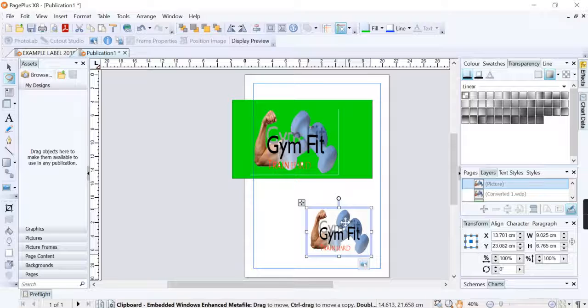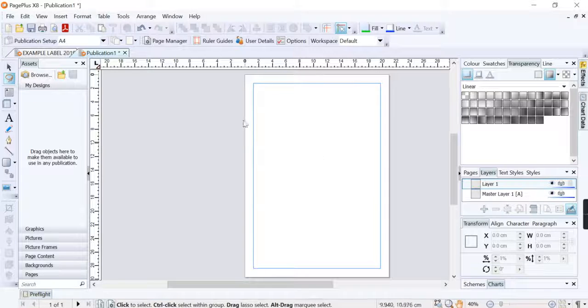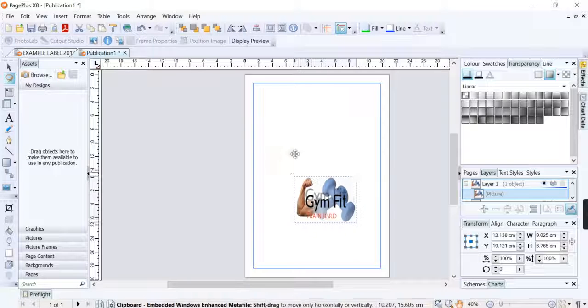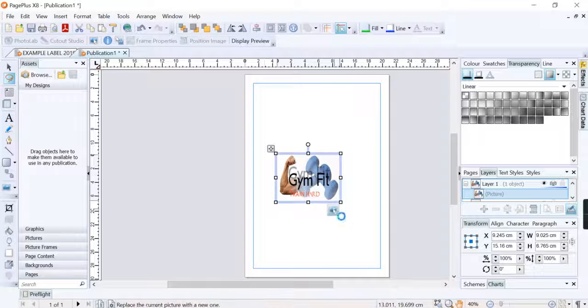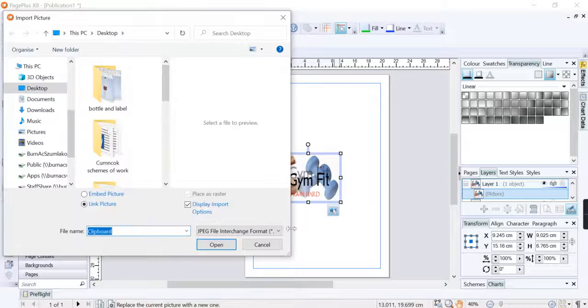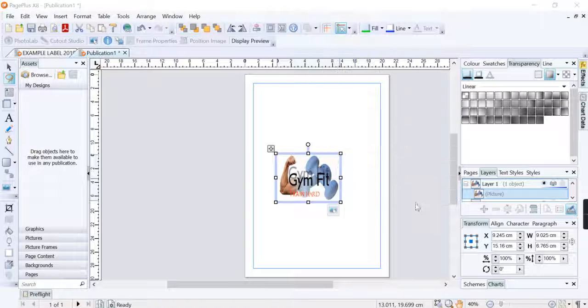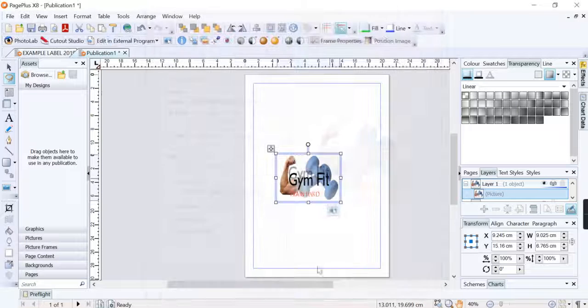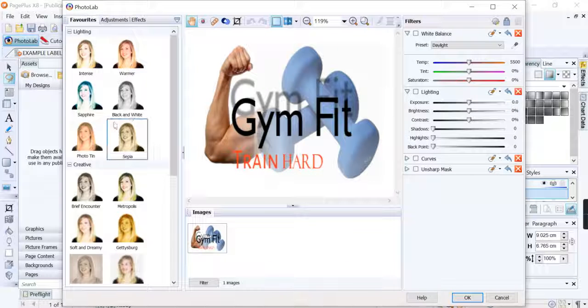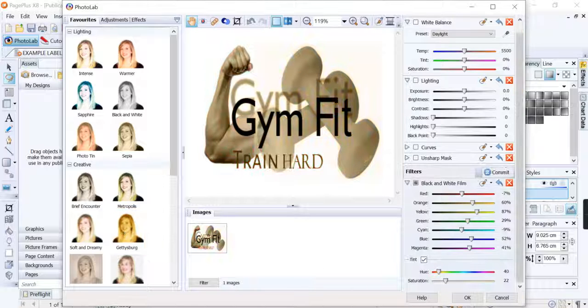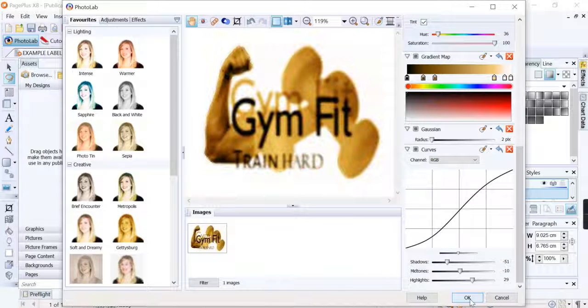The only last bit of information I could pass on is very simple, and that would be using the Photo Lab. Nothing special, just pre-made filters. Let's convert this one more time. Pre-made pictures, or pre-made filters should I say, similar to what you would get in your mobile phone, black and white, sepia, so on and so forth. Relatively straightforward. Happy with them, hit OK,